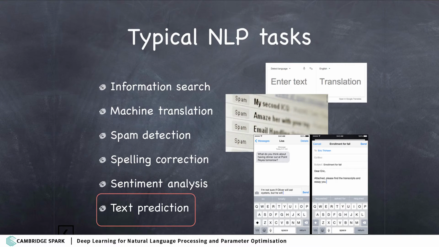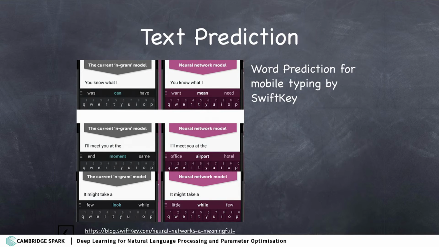Now, what about text prediction? This is a good example of what text prediction does. When you start typing something on your phone, the system would predict what the next word is likely to be. On the left, you see the output of the system that used these more traditional techniques. On the right, these are the new advances and the new technology that is driven by the neural network. We will look into the neural network part a bit later. But now let's try to understand how this text prediction works in the basic case.